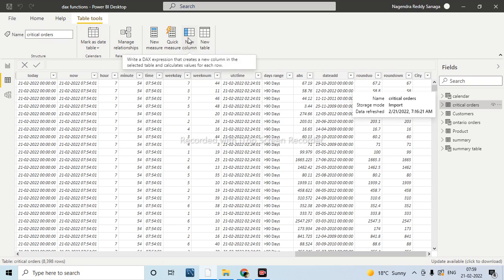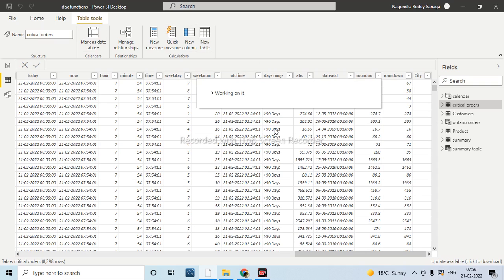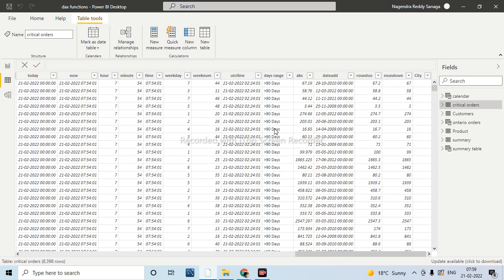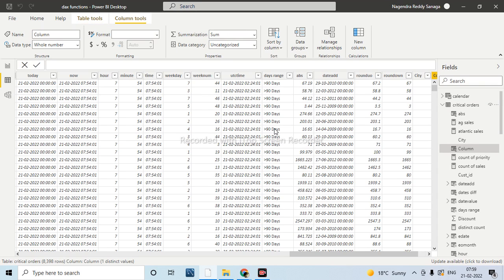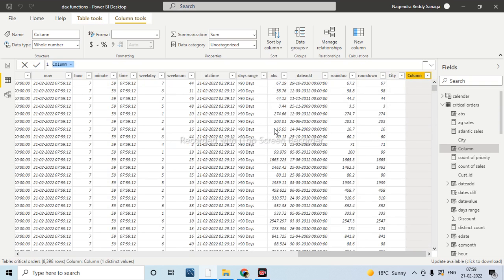Now let me do the lookup value here. When we don't have a relationship between the two tables, then normally we will use it. Otherwise, when we have the relationship, we will not use it like this. I want to have the product name here, lookup value.